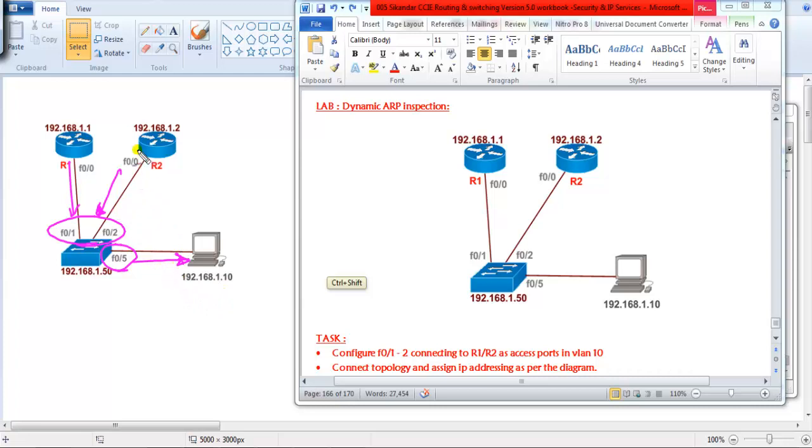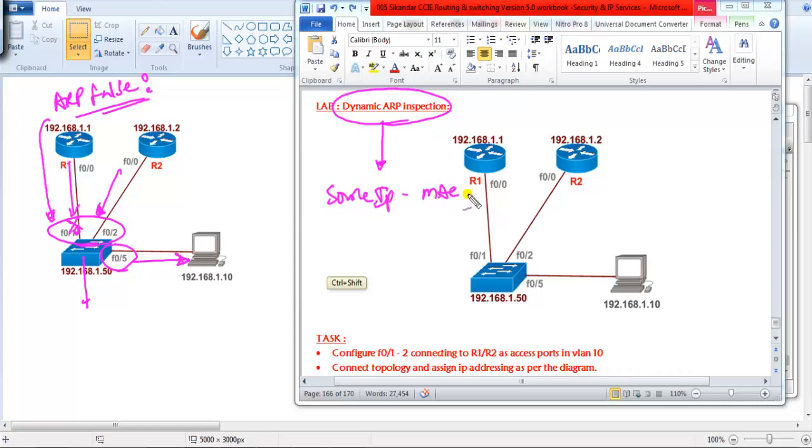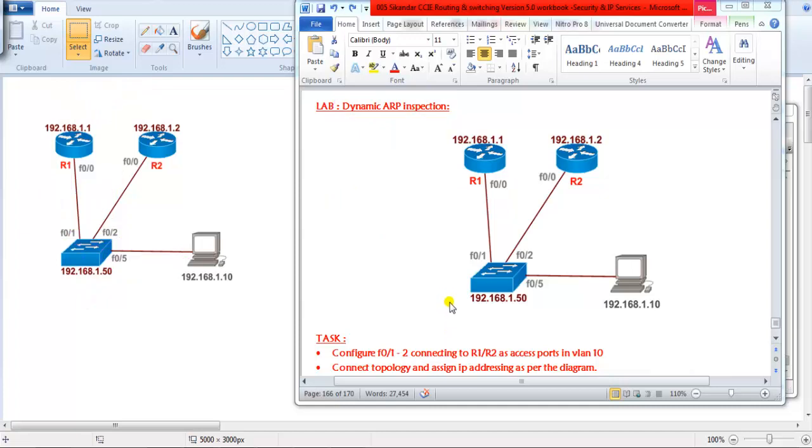Now I want to ensure that if any false ARP information comes from this particular port, with any MAC address other than what we are binding here, the switch should block that traffic. I want each and every port to go through dynamic ARP inspection, and if the inspection matches the database, matching the source IP and the MAC, then only it has to permit the traffic. If it is not matching the database, in that case I want the switch to drop the traffic.